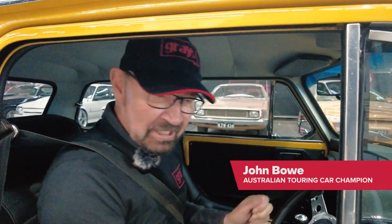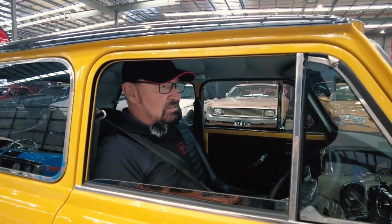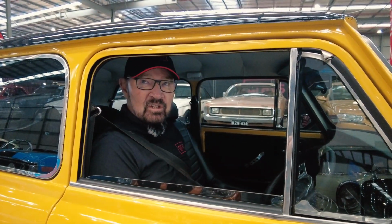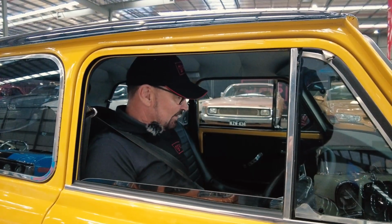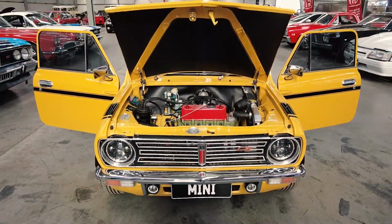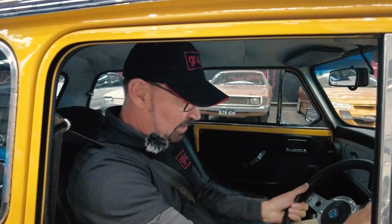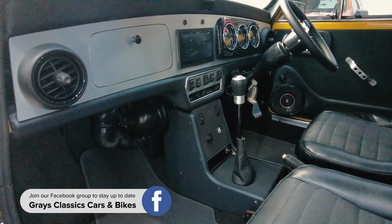Wow, look at this little treasure. I'm out at Gray's Classic Cars out at Dandenong on this beautiful balmy 6-degree day, and this little Mini Clubman restomod is an absolute ripper of a car. Come and have a look inside it just before we go around the car, and I'll show you some of